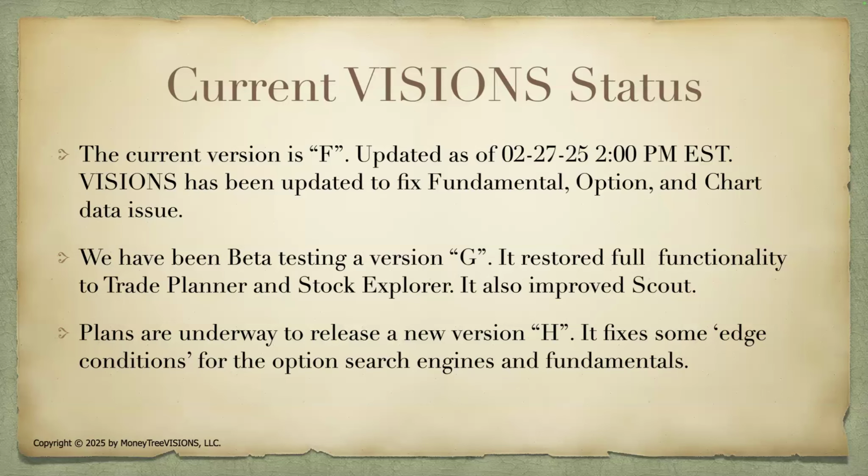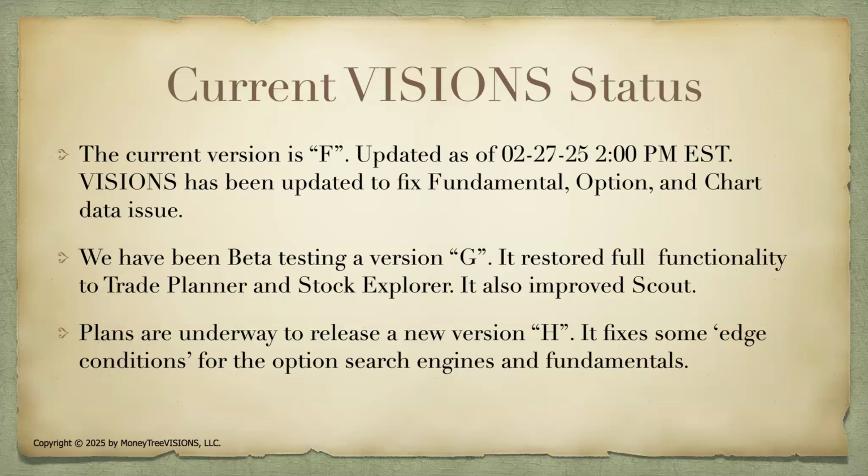There are a few wrinkles once in a while with Yahoo, but I'm slowly working my way through it. So I want to thank everybody for their patience, and I think H will basically clean everything up. So I'm going to put that out on the website either today or tomorrow, just to make sure I have all the other little things hooked together for H.